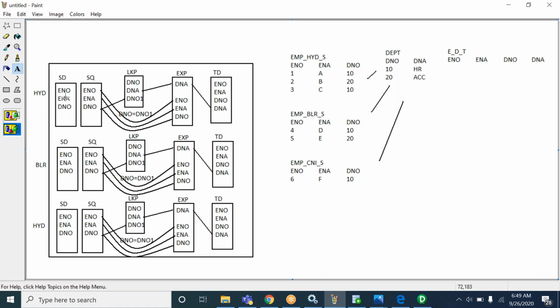In the first pipeline, while creating a mapping, you have to drag and drop these three sources, HYD, BLR, and CNI. All the three sources you have to drag and drop. And then in all these pipelines, you have to create a lookup on the same department table. Then create an expression, and here you can create the target definition; the same target definition you can copy and paste. From here, employee number,